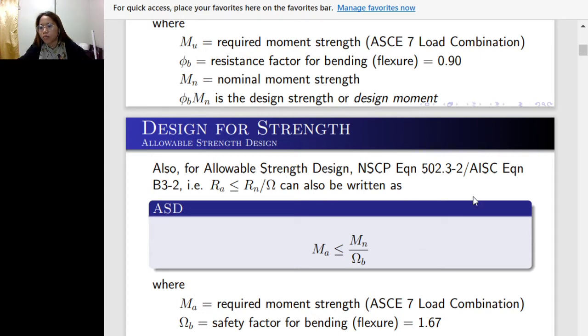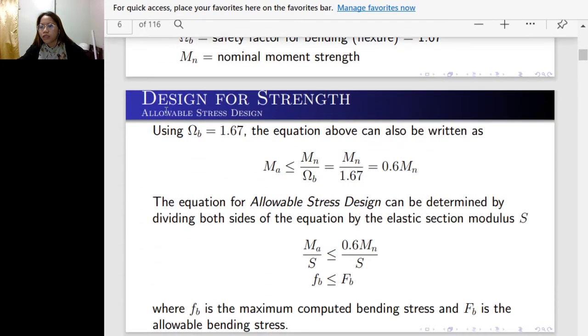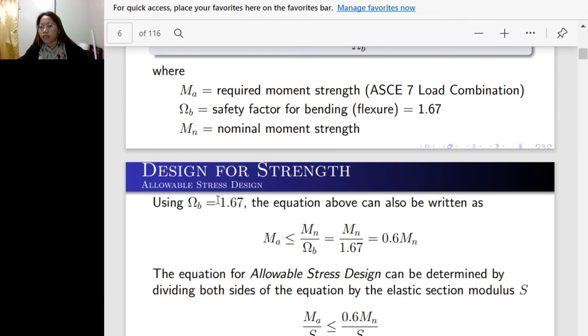In terms of moment, the required moment strength M sub a should not exceed the nominal moment strength divided by the safety factor for bending, which is equal to 1.67. If you remember, this factor 1.67 is the same factor as before in terms of strength, stress and load. Using the safety factor of 1.67, the equation can also be written as equal to